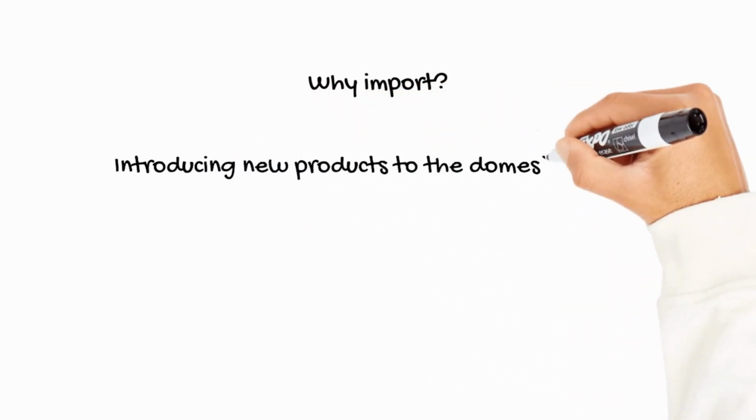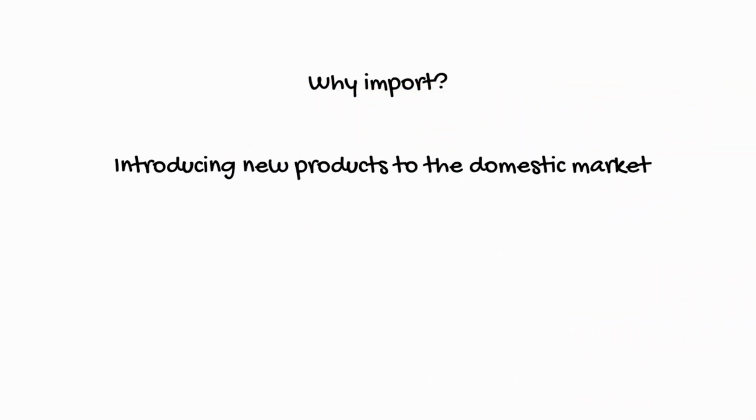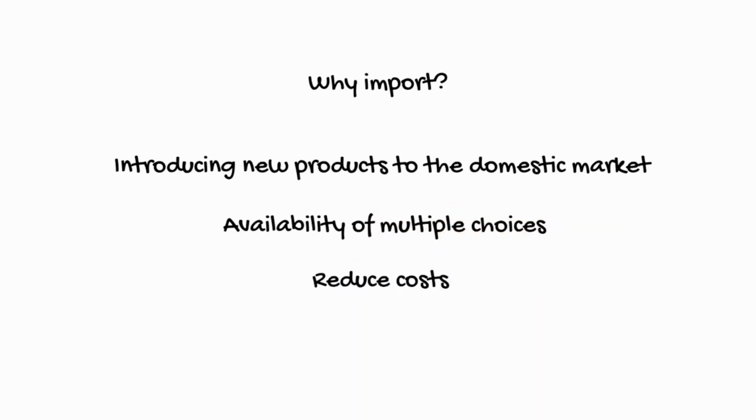Introducing new products to the domestic market makes the importers stand out in the competition. Availability of multiple choices is always good for consumers. Whoever shows them something new gets their attention. As such, domestic producers are forced to make better products in order to compete. While production of commodities requires a number of raw materials, producers buy them from suppliers. However, purchasing these raw materials from domestic suppliers could increase the costs a lot. Instead, considering import at low prices will reduce these costs to a desirable level and increase profitability.